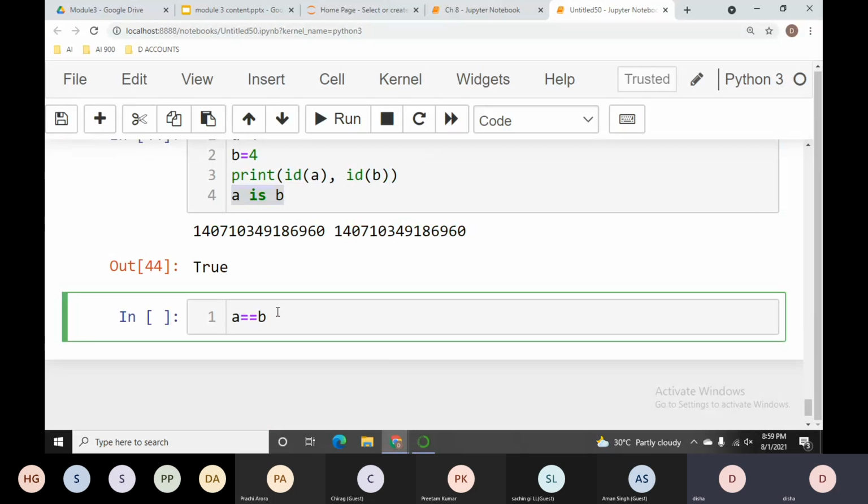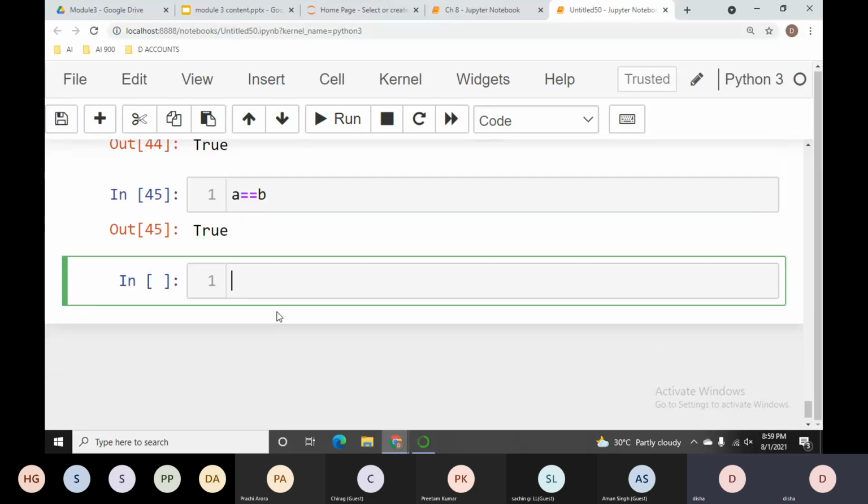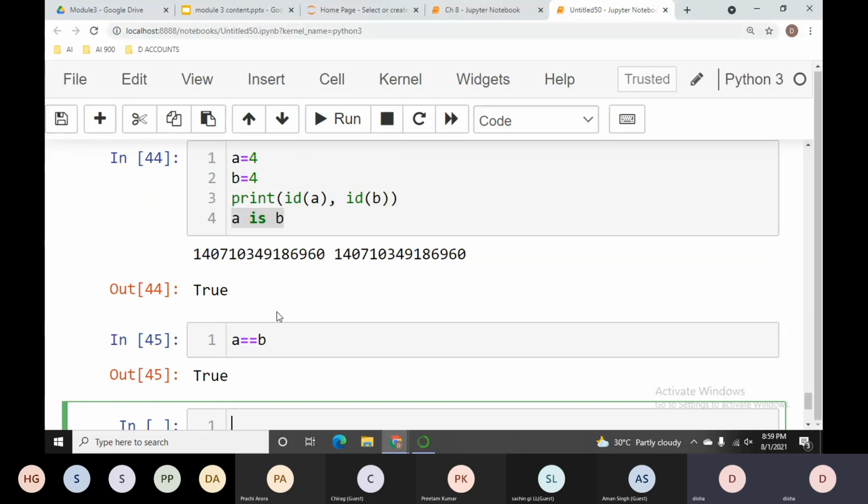But when I'm talking about the equality operator, it means I'm checking and comparing the values. So I will get the result true because 4 and 4 are both equal. But if the IDs of A and B are not the same and I say A is B, I will get the result false.